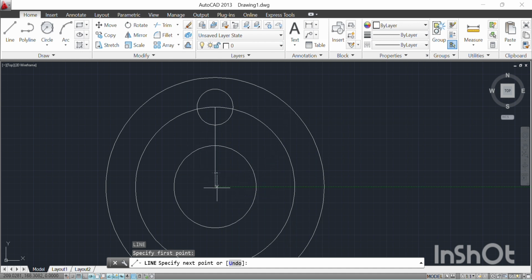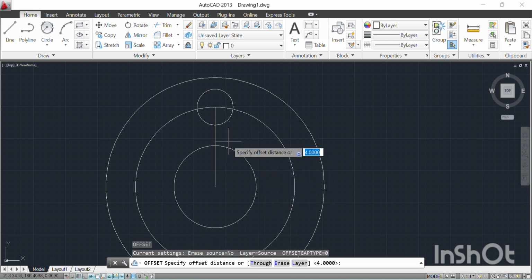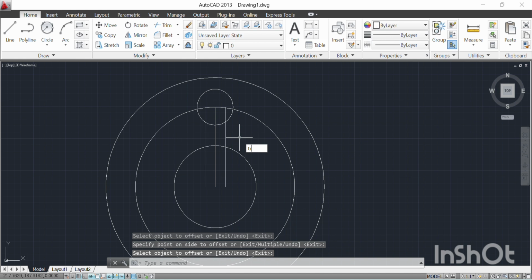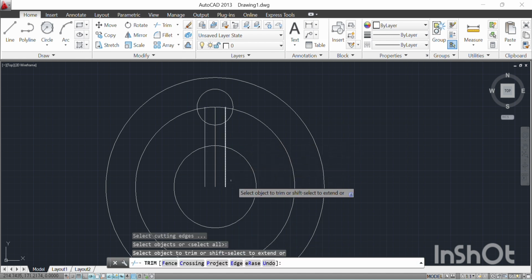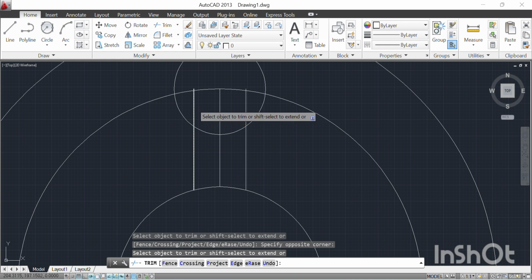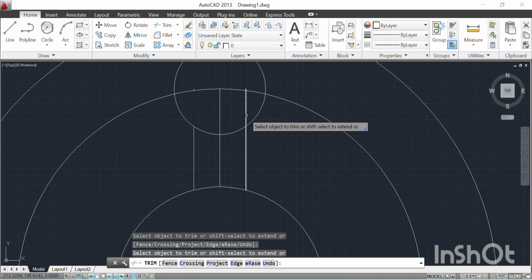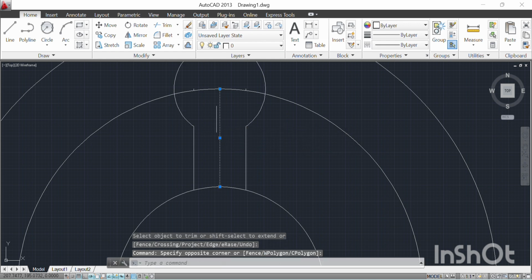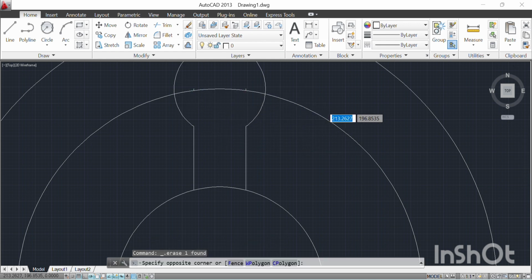and after line we will offset 4 mm both sides, so 4 mm. Click this line and click on this left side and click this line and the right side. And next we will trim this unwanted material, so TR double enter, click here and click on this line and click this line and this circle also. Now just select and delete,